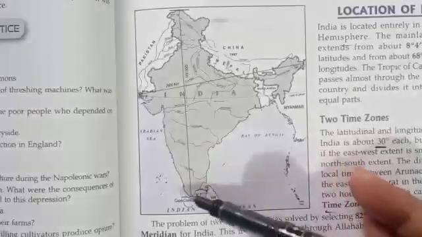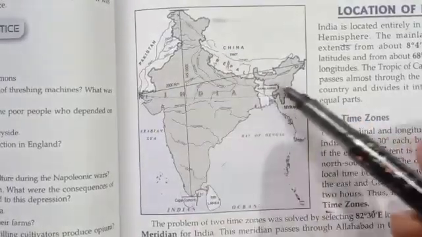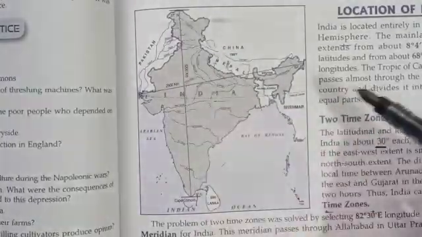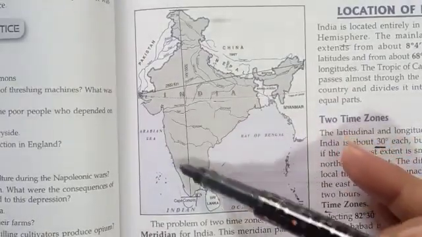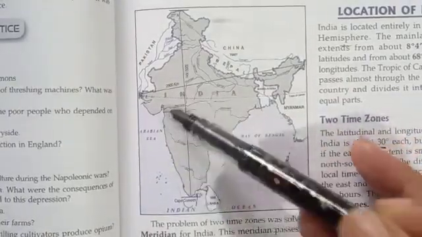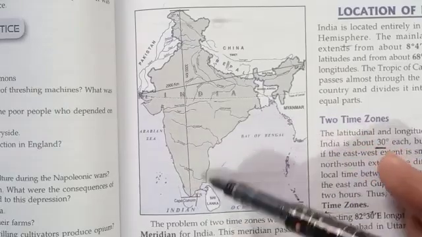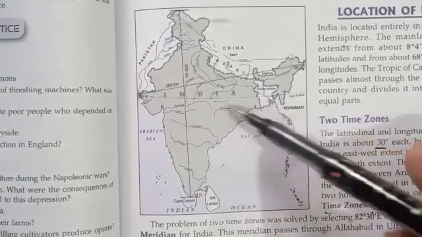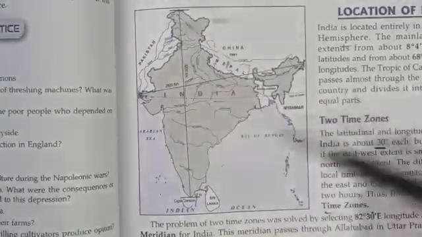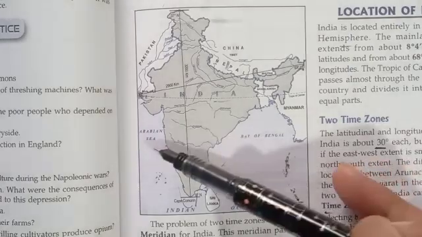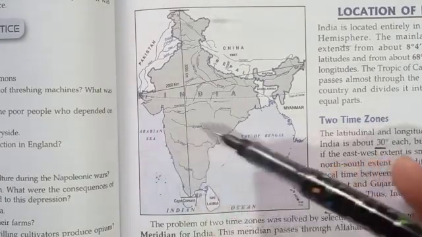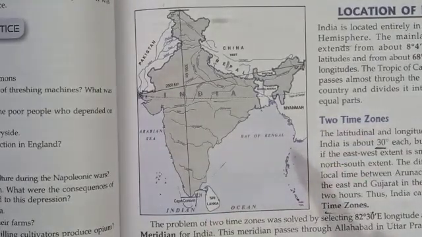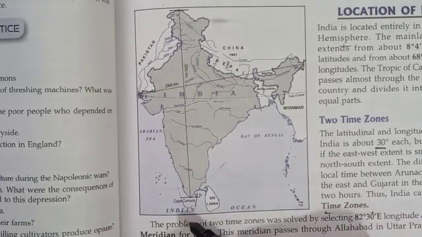Now let's discuss the shape of India. The shape of India is roughly like a quadrilateral. Toward the south of 22 degrees north latitude, the land tapers towards the Indian Ocean and forms a peninsula. This Indian peninsula divides the Indian Ocean into two parts: the Bay of Bengal in the east and the Arabian Sea in the west. India is located at the head of the Indian Ocean, and it is the only country in the world after which an ocean is named.